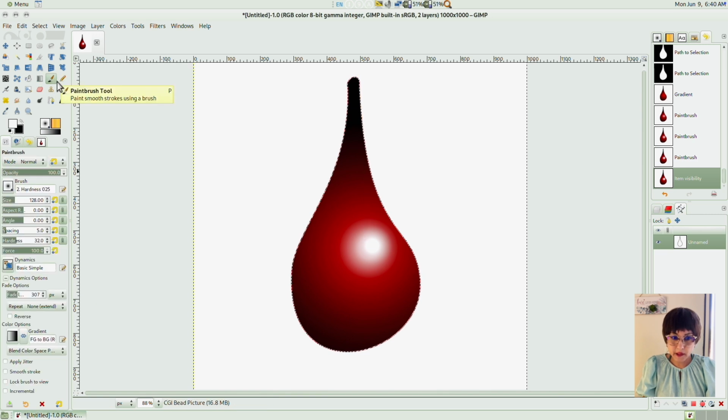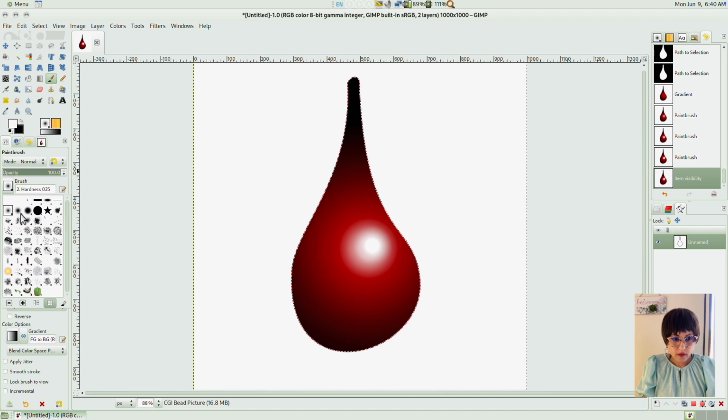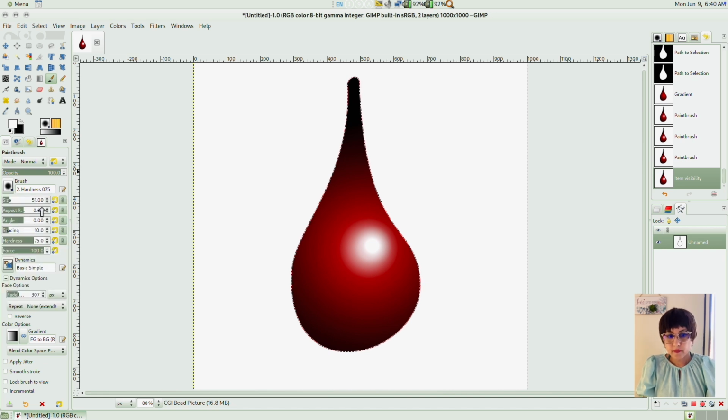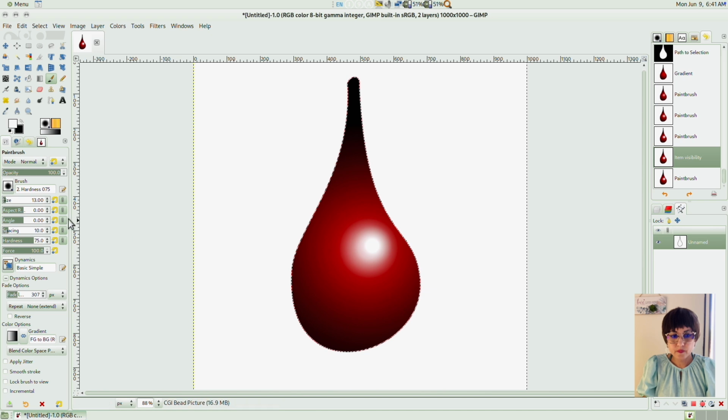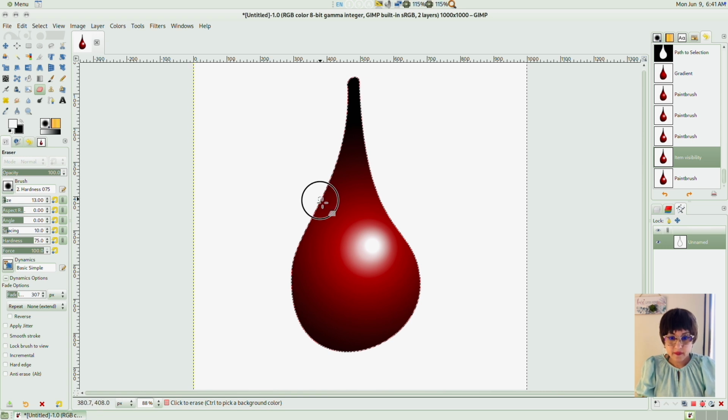See, I'm setting up the brush tool. But maybe the eraser tool might be better because the background's supposed to be transparent anyways.